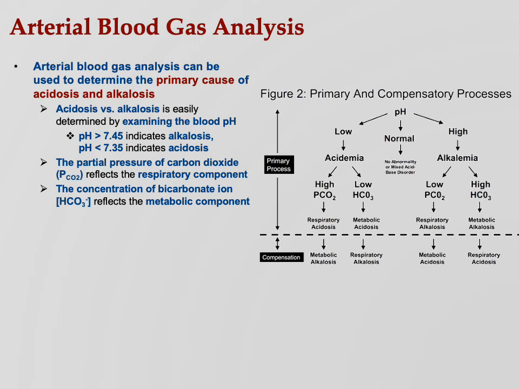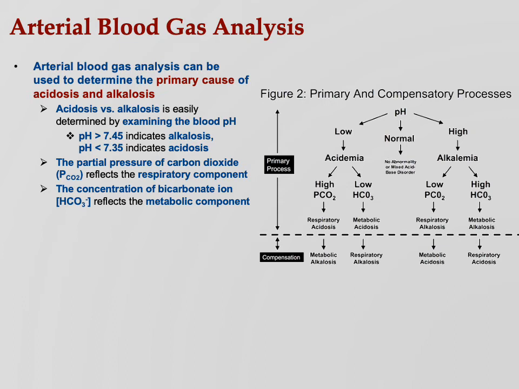Then we're also going to look at the amount of bicarbonate ion. That's going to reflect what the kidney is doing. The little brackets, as you may remember from chemistry, mean the concentration of the bicarbonate ion. So those are the two things. We're going to look at those two values from blood gas analysis. In other words, when the respiratory therapist gives us the blood gas analysis, it's going to have the pH, the partial pressure of CO2, and the concentration of bicarb. Now, it's going to have lots of other things as well, but those are the three that we're going to use.